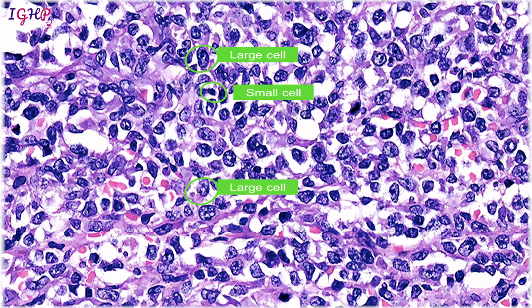At times they will say that if they are large nuclei, you call them a large cell lymphoma, and if the nuclei are small, you call them a small cell lymphoma. But it becomes very difficult at times to categorize the lesion into a large cell or a small cell. So how will I say that this is a small cell, and how will I say that this is a large cell? The thing that you're going to look for, again, as I said,